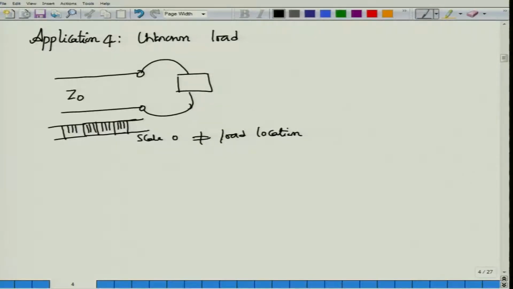Okay. On this load with an unknown one that I have connected, what do I observe? Let us say I observe a voltage that looks like this. Okay. So, on this scale, let us say I look at the voltage this way. Okay. So, this is my voltage standing wave pattern that I have found. Okay. So, this is the minima. So, minima occurred at minus 41. Let us also assume 240 mm is the wavelength. So, 240 by 2, that is 120.